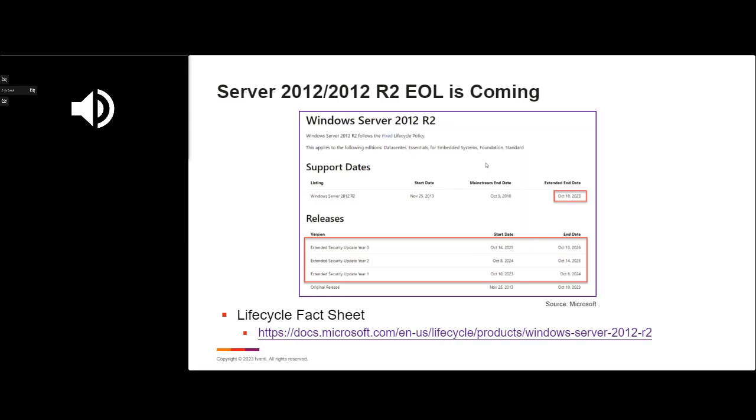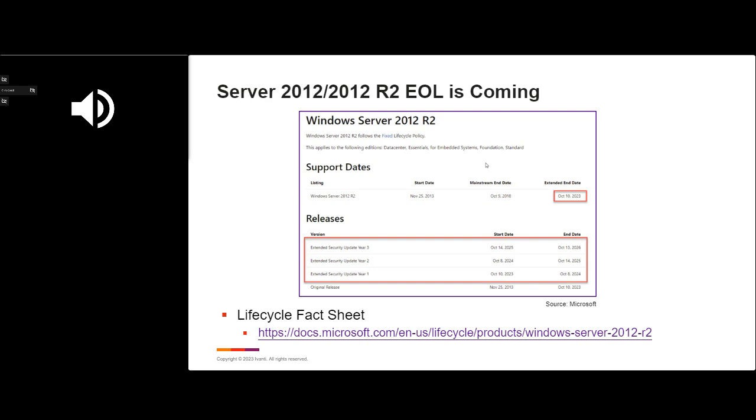I already mentioned this: 2012 R2 end of life is coming. If you have not already budgeted for ESU support, make sure that your conversations are started there, if you know you're going to need to continue running it afterwards. But expect the same 3-year program here as Microsoft did with Server 2008 R2. They do not have a year 4 Azure-only option here yet. Might they? Possibly. Now that we've seen that pattern, it could happen again.